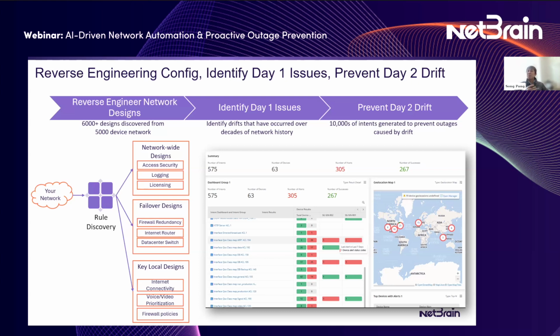And then finally, you can imagine taking tens of thousands of intents and designs and building them into automation. And like what we just showed previously, build them into a dashboard that we can schedule and assess every day, every week, to make sure that what's golden stays golden, to prevent outages caused by these drifts, right? So hopefully for the last time, I'll pass it back over to Raj, who can really show this in our product, of how this works. Raj, over to you.